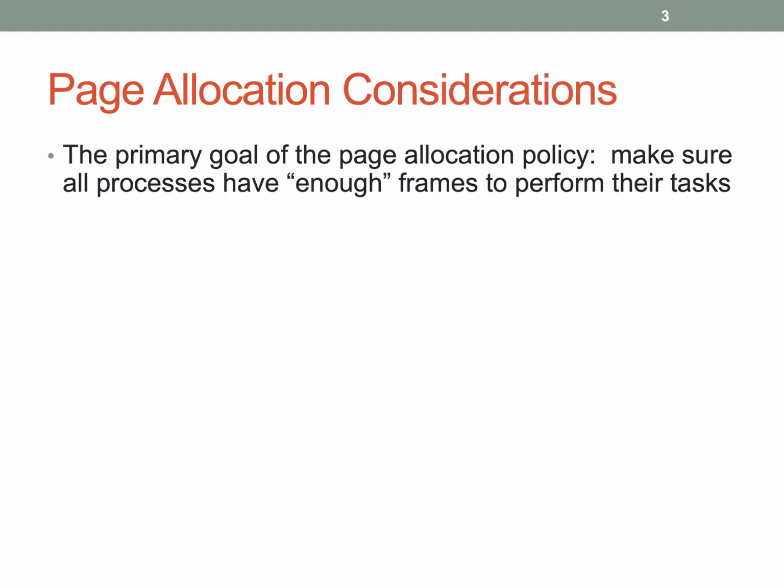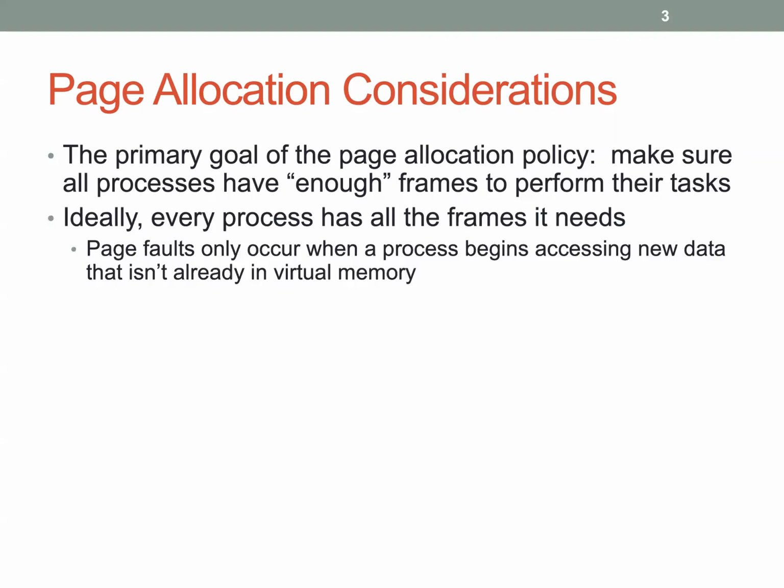So the main goal is we want to make sure that every process has roughly as many frames as it needs. That would be the ideal goal, that every process has enough frames to perform the task that it's trying to perform. If we lived in a perfect world and we had computers with way more physical memory than anybody wanted to use, programmers were very careful with memory allocation and resource usage, and memory was very cheap to get from manufacturers and so forth, then we basically would only ever have page faults when a program began